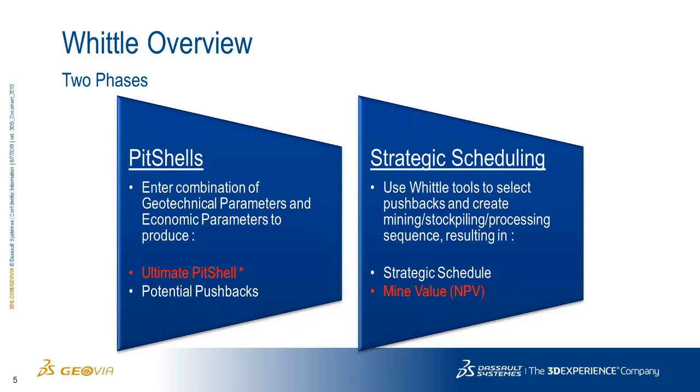So not a direct tie, but the problem is LG does not perform very well with large block models. With such a time constraint and such a long process to generate those shells, it really limited the amount of time you could spend doing the strategic scheduling with SIMO or with Milawa. So in other words, not directly correlated, but an important new addition to Whittle to allow you to generate those pit shells quickly. When you're doing your pit shells, you're going to have a toggle. You can choose between the pseudo flow algorithm or Lerchs-Grossmann, depending on which one you want to use.